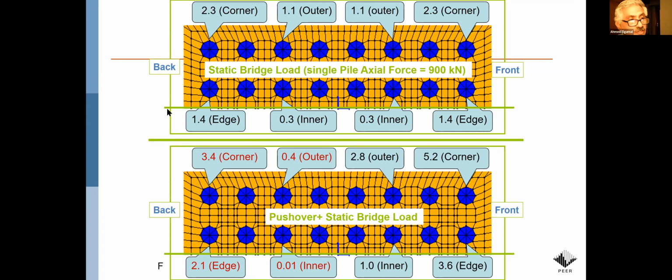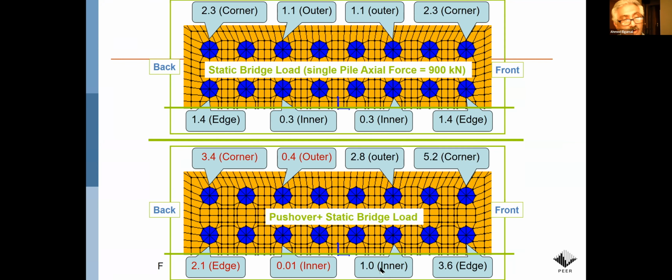This is half a mesh here, so this is an axis of symmetry. The pile group is double the size here. And so here is the static weight of the bridge alone. Here is the consequence when there is also the lateral load applied. And you see that the outer pile carries 5 times what the single pile carries, and the inner piles carry